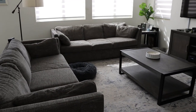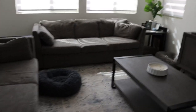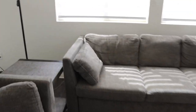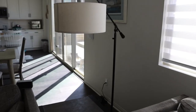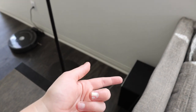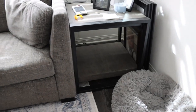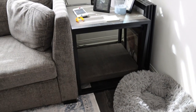Okay, here we are downstairs in the living room. My thought for the blanket basket is to actually come over here. So we've got our little lamp, side table, and then there's just a nice little hole right here. We could potentially move whatever this is and put a nice basket here. We also do have some space under this side table, so we could put a little basket down here